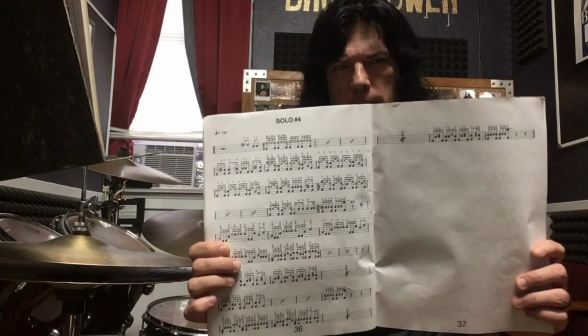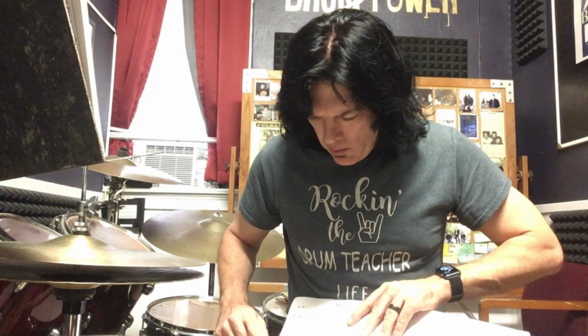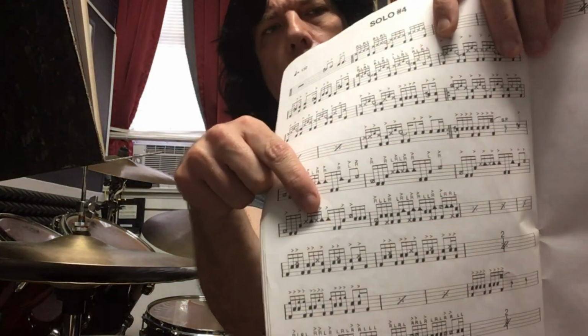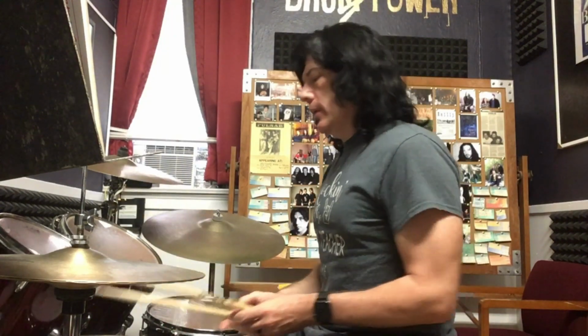You can see, where is it at? Here we go. You can see the colored in triangles there. That's actually cowbell. And since I don't have a cowbell set up, that's why I was using the rim of the drum, just to get that sound. But anyway,